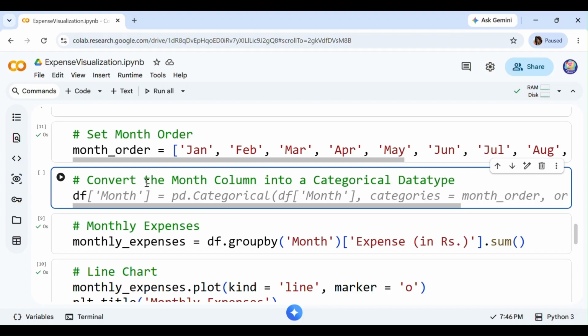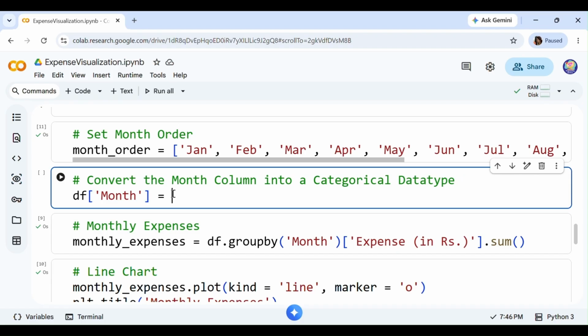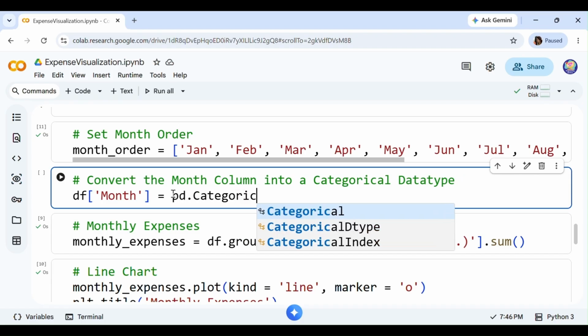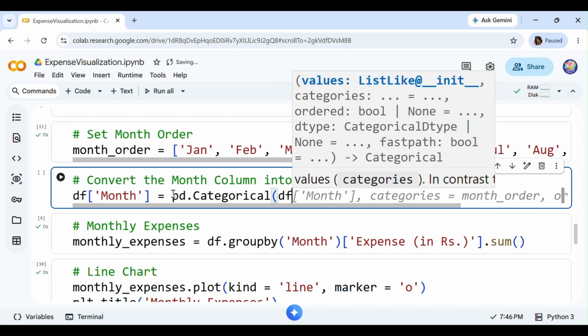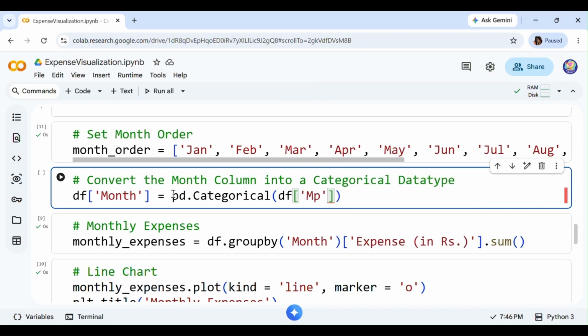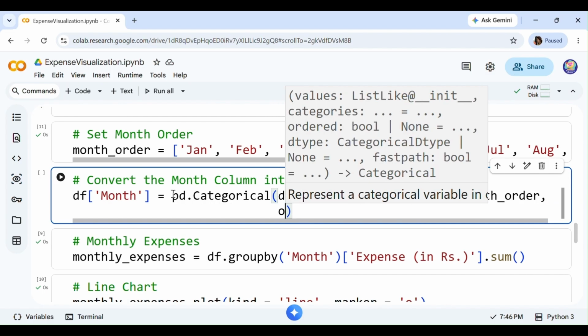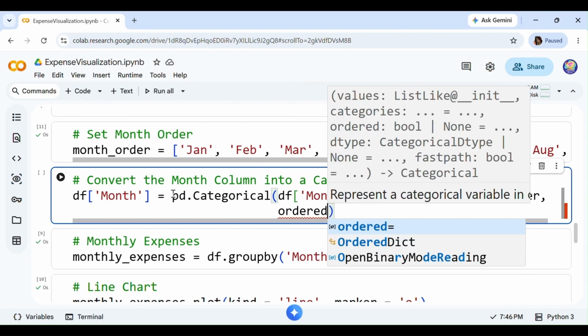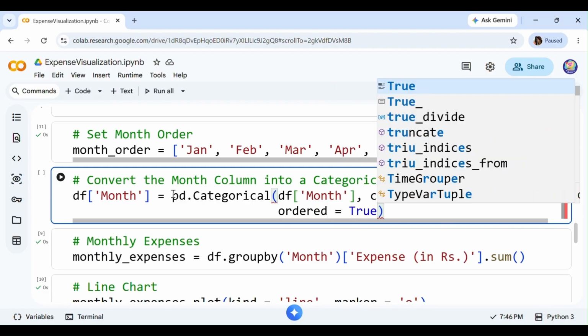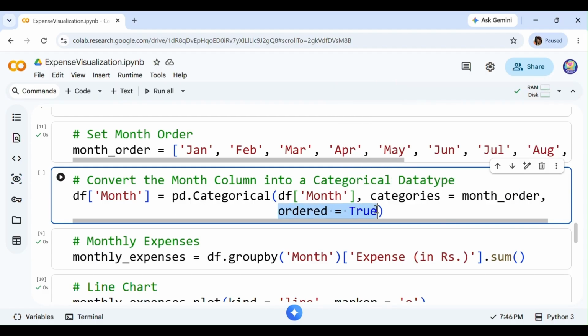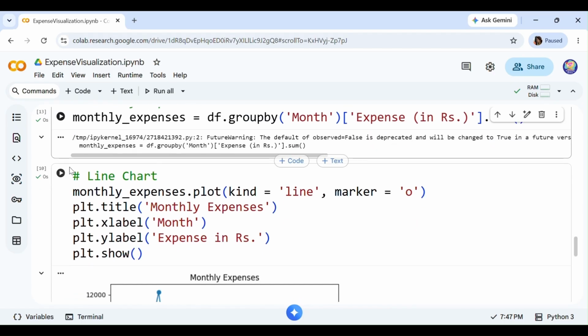So we will type here df['month'] equal to pd.Categorical, and pass here the actual column name, which is month, then pass categories equal to month_order, and then set the property ordered equal to True, and this tells Pandas that the order matters to us. Alright, run the cell again. Let's also run this cell and the last one also,